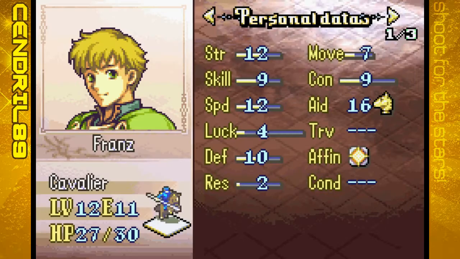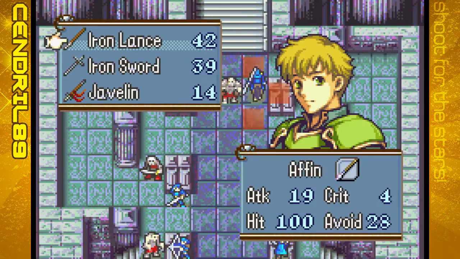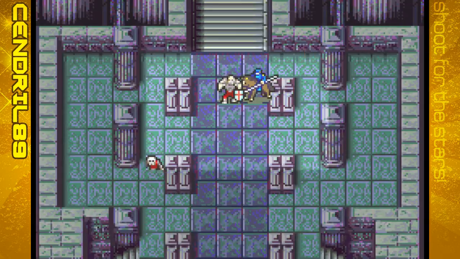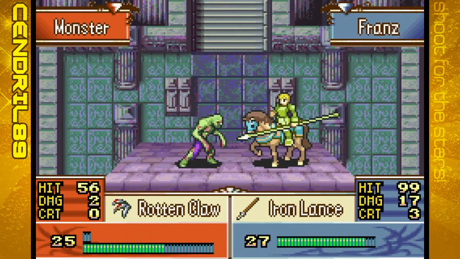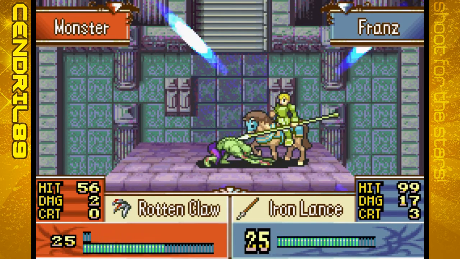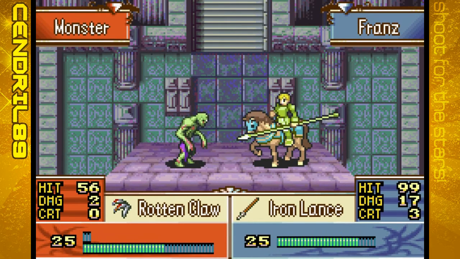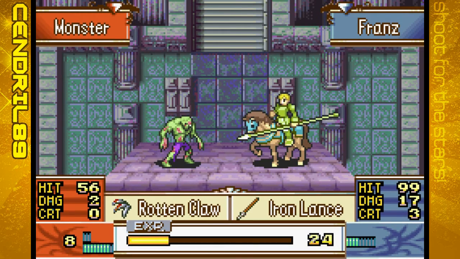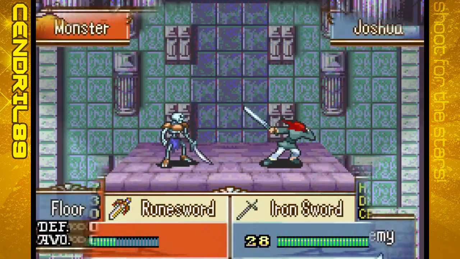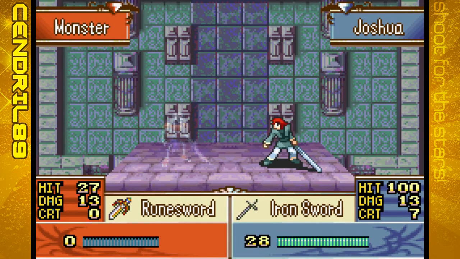Observe, level 12. Can you kill the boss? No, not this turn. Unless you crit! Crit for me, Franz! Nope, oh well. You do have to beat all the enemies to get through. Of course, units with lower defense will be more at risk, but...